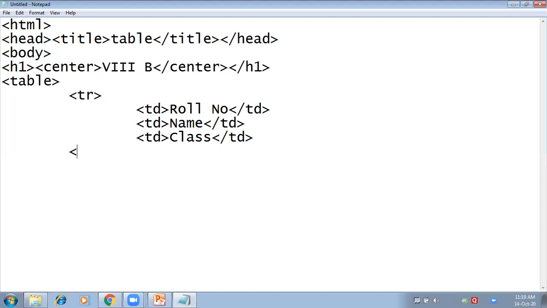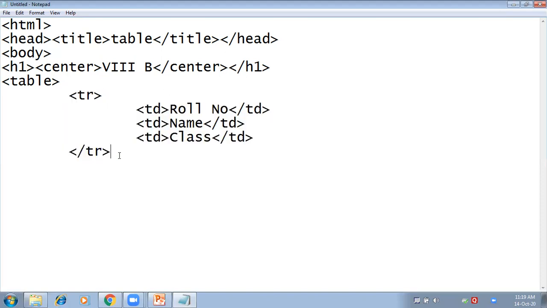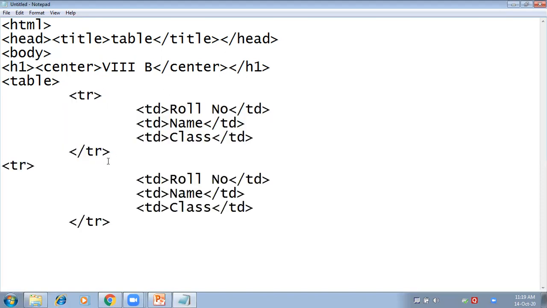First row is suppose complete, so I will close tr tag. Now second row again I have to start, so for that I'll copy the coding and I'll paste it one more time, and I'll change the content.